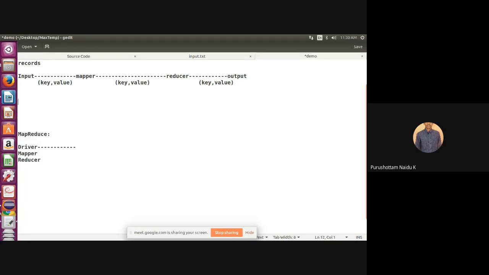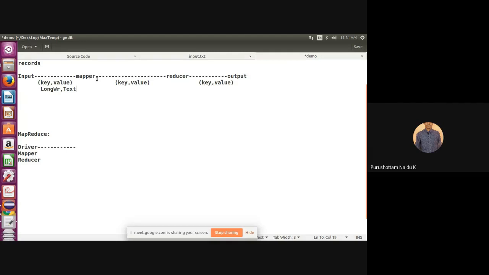Now what is the type of key value type? What is the input of the mapper in our weather data set? Mapper input is a key value pair. What is the key here? Index number. The index is of type LongWritable. And the value is the line, which is Text type.